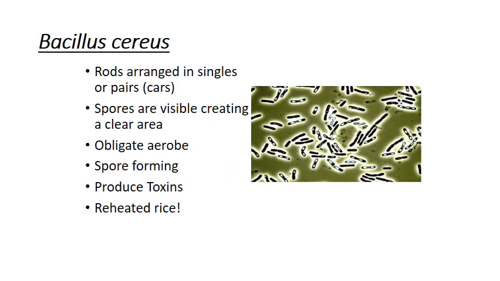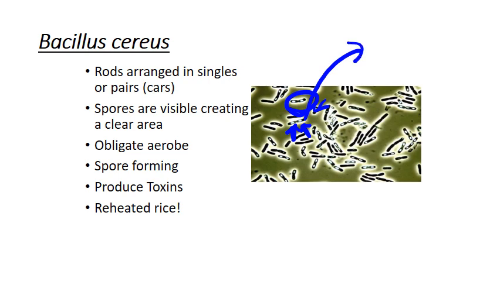Bacillus cereus is a gram-positive rod, as you can see here. The rods are arranged in singles, like this one, or in pairs, like the one I circled. This is a spore-forming organism. Remember that endospores are like little life escape pods for bacteria. So every time you see one of these white little dots in the middle of a rod, that's a spore. This little endospore contains all of the genetic information that this bacteria would need to replicate itself, and spores